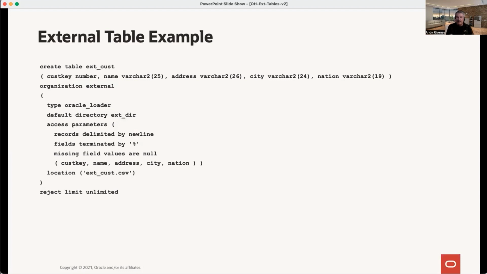So we'll be ready to roll, but as a review, this will be a definition of, in this case that we're using, an external table. I call it ext cust. So not particularly imaginative, but an external table based on the customer